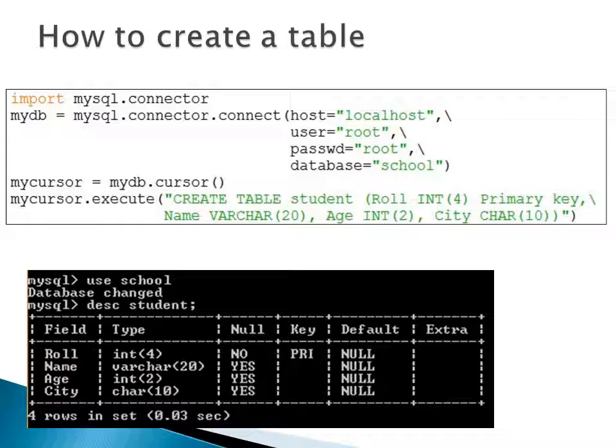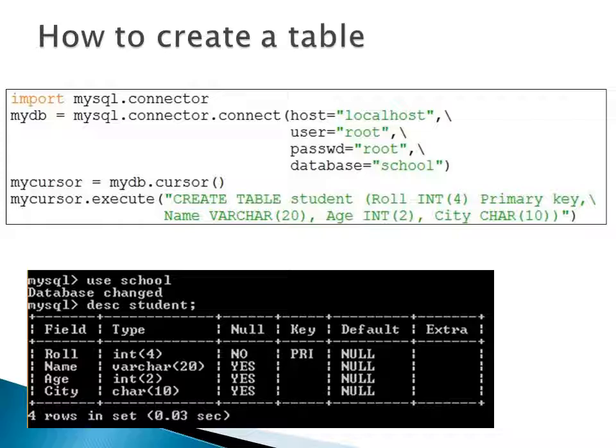First one is import mysql.connector package, then create a SQL connection object which we have learned already, then create a cursor and now execute query, and our query is create table student. Now this query will create a table named student which contains few columns.